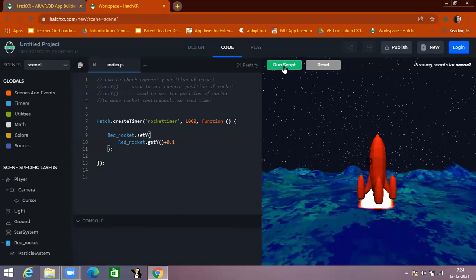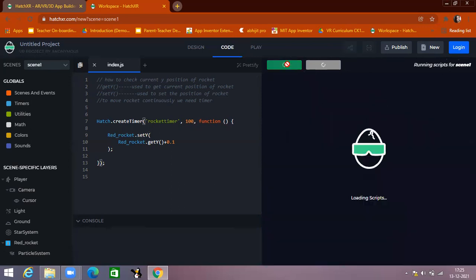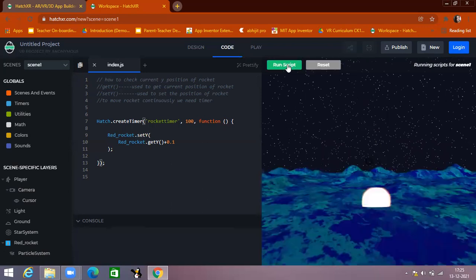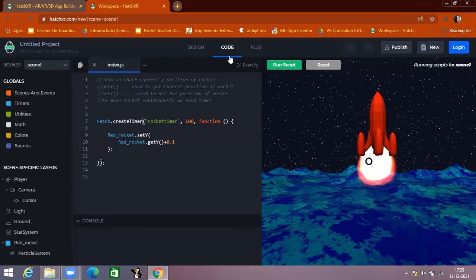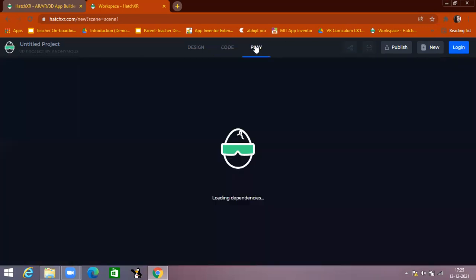When I change this 1 to 0.1, it is very slow, and this time also it is taking steps. So I'm changing it to 100. Let's see what happens. Now it is looking pretty good. Now I'm going to show you how it is looking in the play mode.